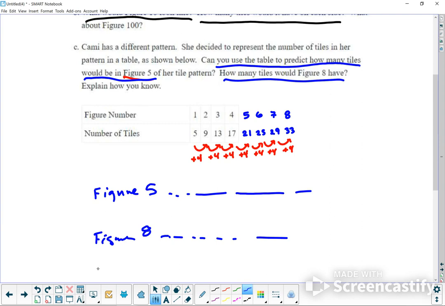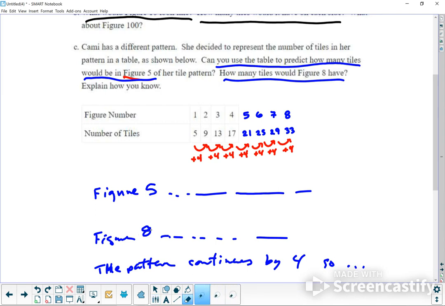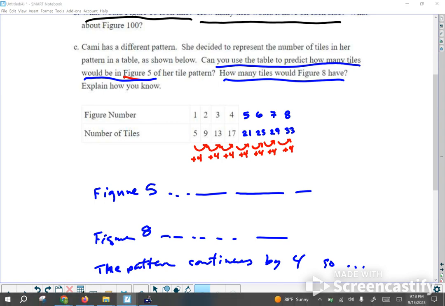So you would say the pattern continues by 4. So you just keep adding on top of the previous number. Okay? So I know I didn't write all of it down, but I'm hoping that you can rewind if you need to and make